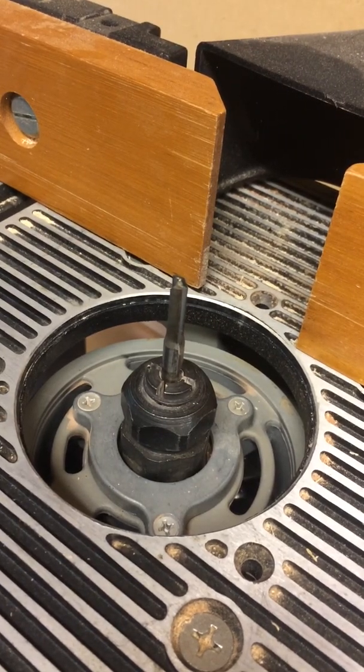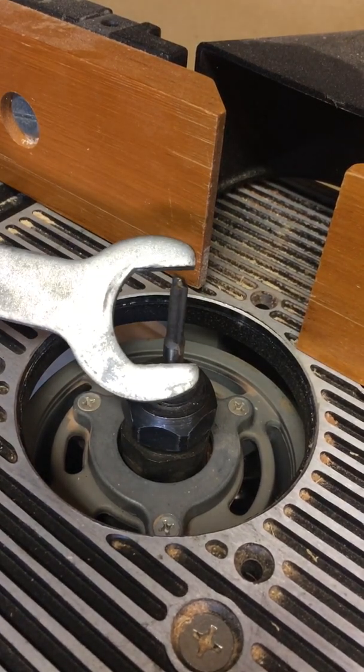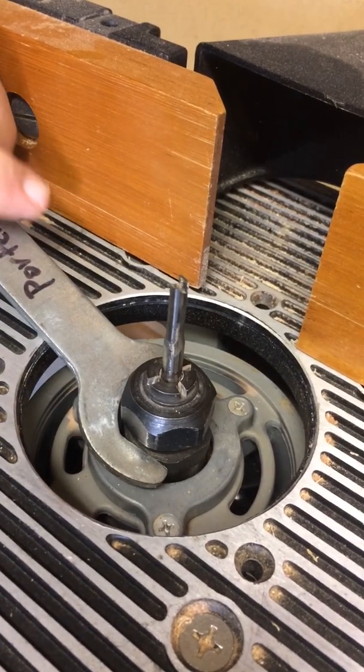Take two. This video is to help figure out how to get a bit out when it's stuck. Sometimes when you first loosen your assembly,